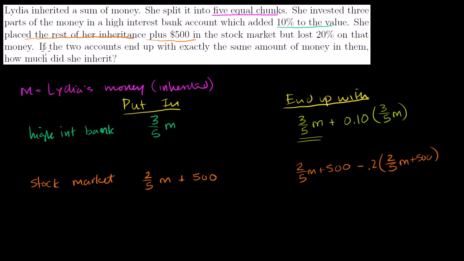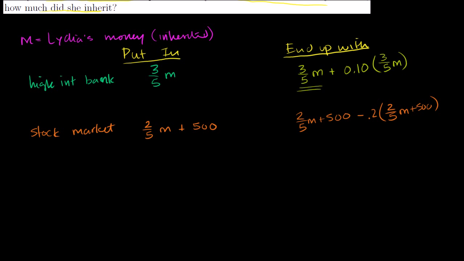Now, at the end, it says if the two accounts end up with the exact same amount of money in them, how much did she inherit? So this and this are going to end up being equal, and we'll have to solve for m. So we get 3/5 m plus 1 over 10 times 3 over 5, which is 3 over 50 m, is equal to 2/5 m